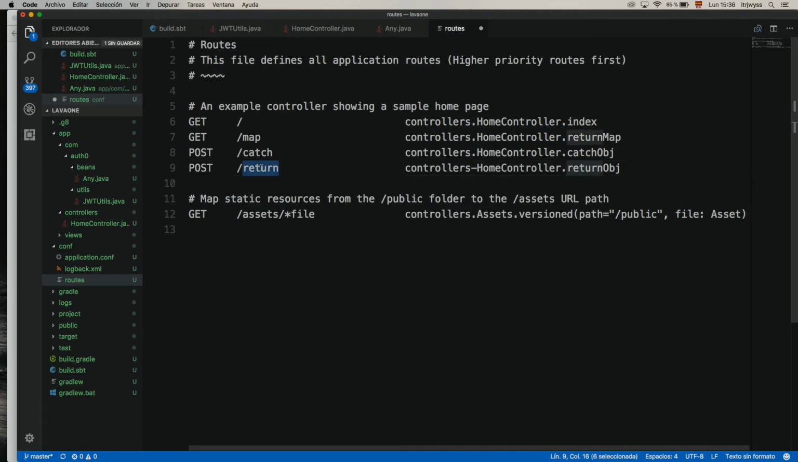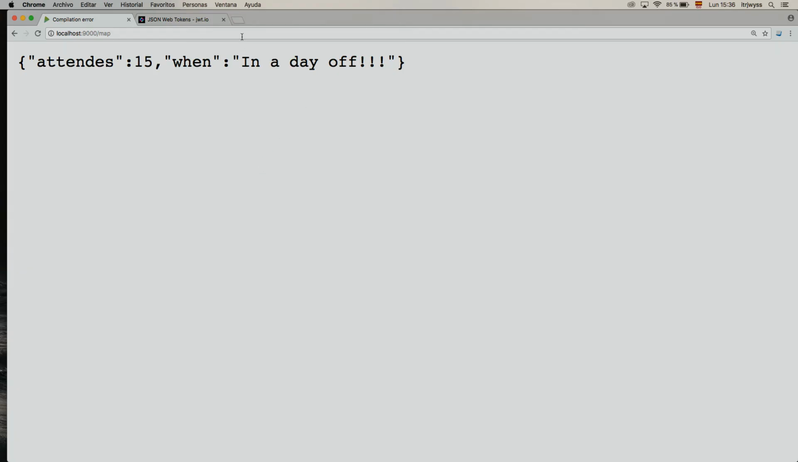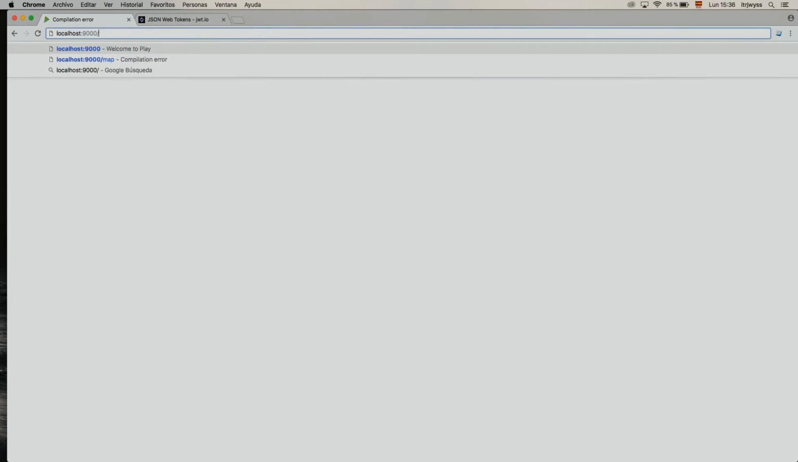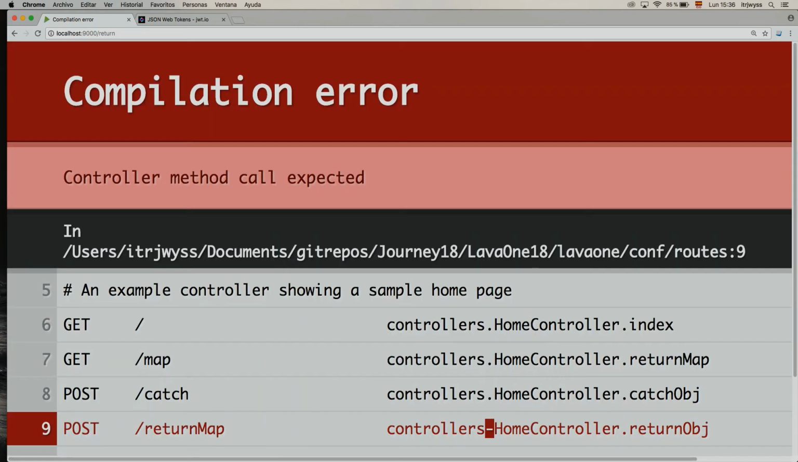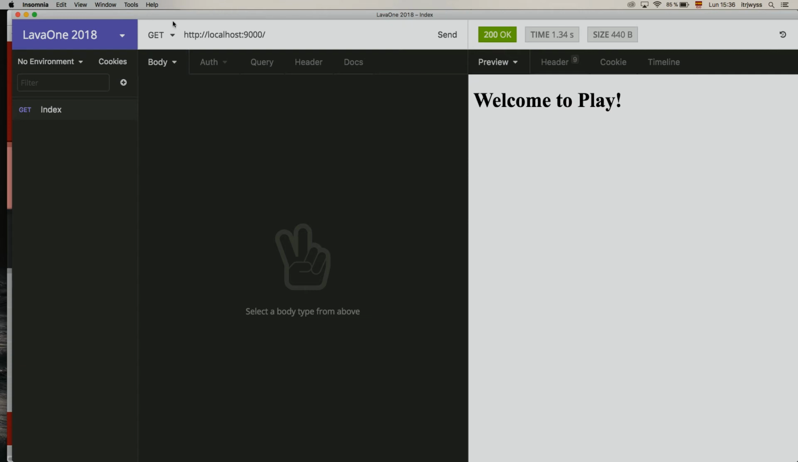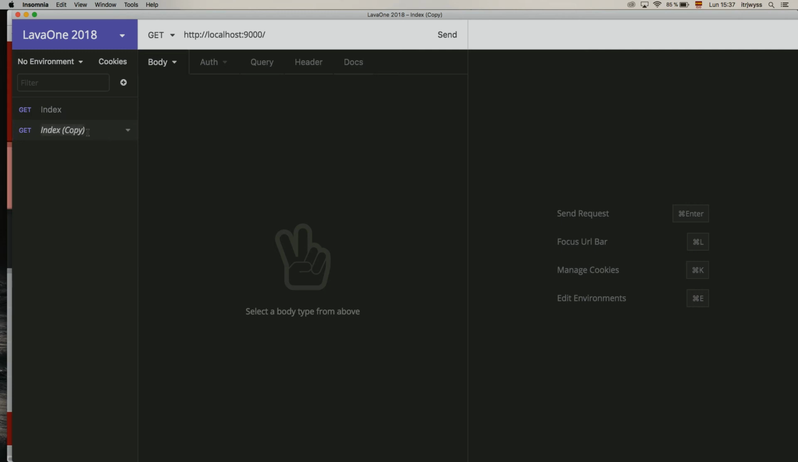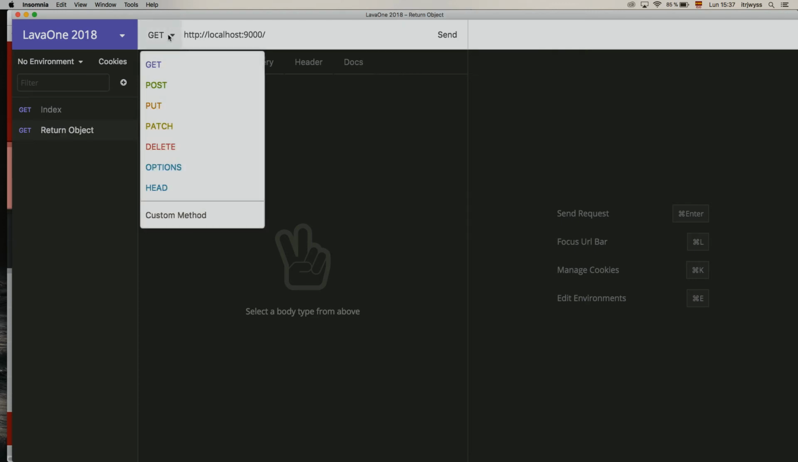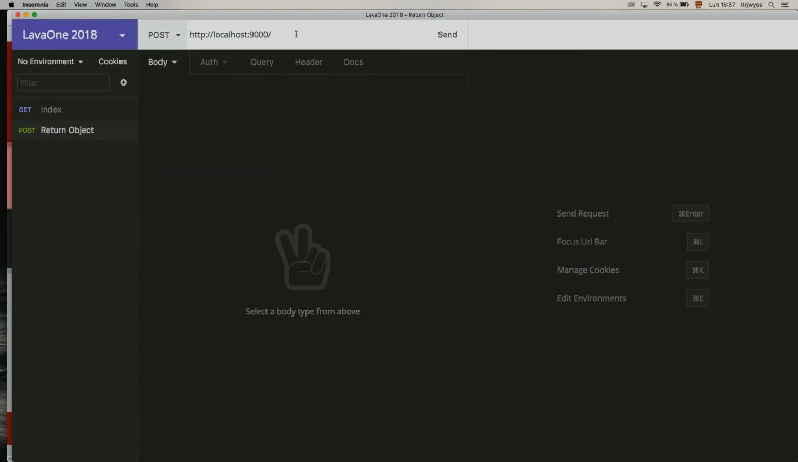Okay, return. Okay, now I will try to consume this return one from my browser, and my browser will tell me that I cannot do that because I defined that method by POST, and our browser consumes everything like GET. So now I will return, but I will use the Insomnia one. So I will duplicate this one, and I will put a return object. I will change that, and I will say that I want to use POST, and I just will add the return here, and I will send that